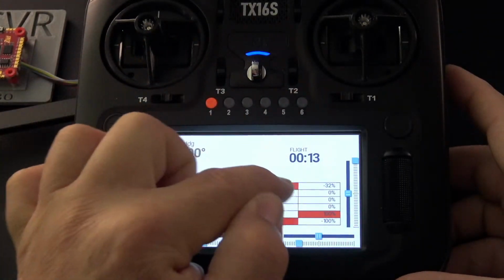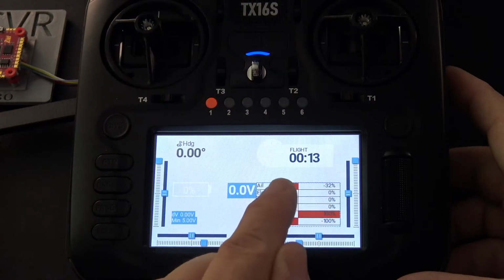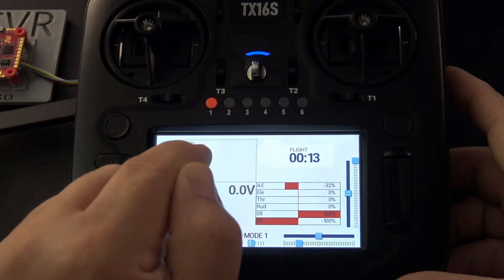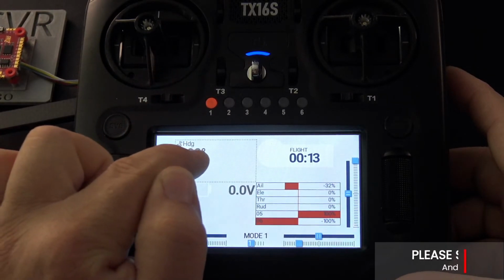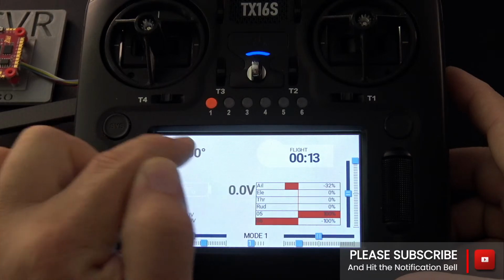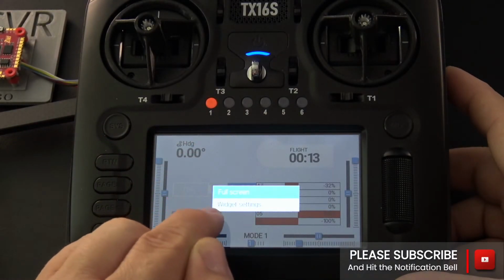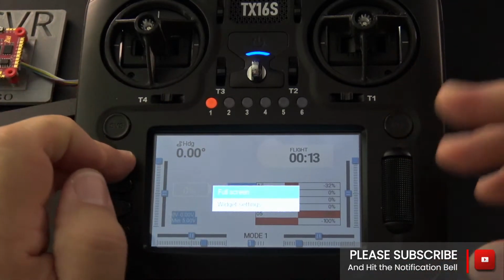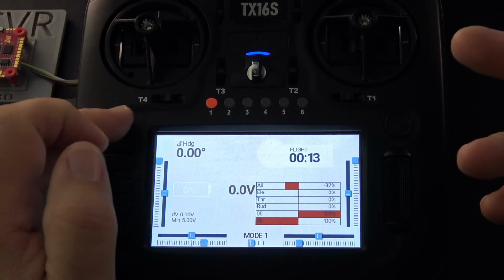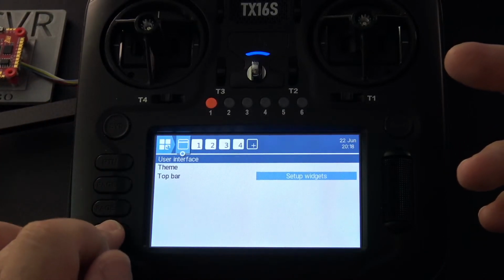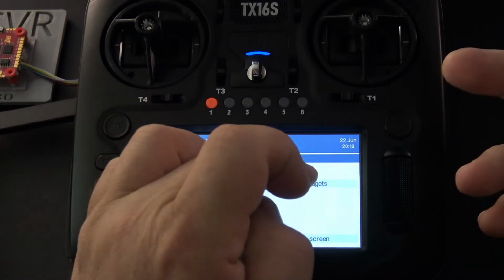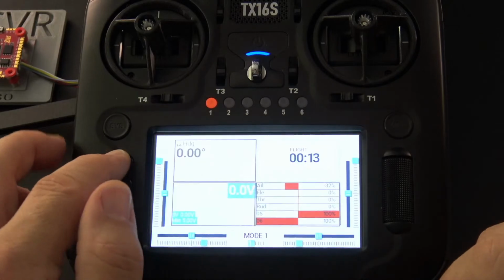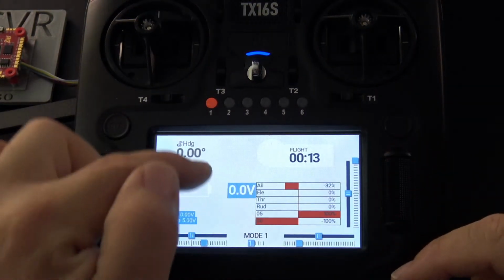that with these widgets on the screen, you can click on them and you see there's a little highlight. I'll click on this one and you should see that blue square. You see that blue square? That's highlighted. So not only can you put it in full screen mode, if you long press that widget, you have the option to go into full screen or to change the widget settings right here from the home screen, which is really powerful. Before, the only way you could do that was to hit the telemetry page, find the page it was on, hit setup widgets, find the widget and hit widget settings. It was a little more cumbersome, and now you can do it directly from the home screen itself.